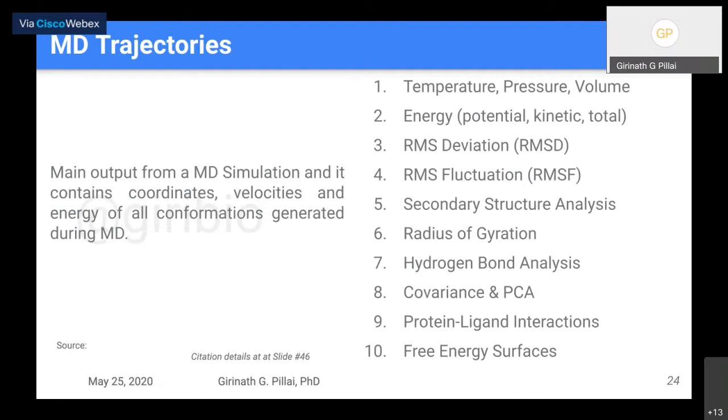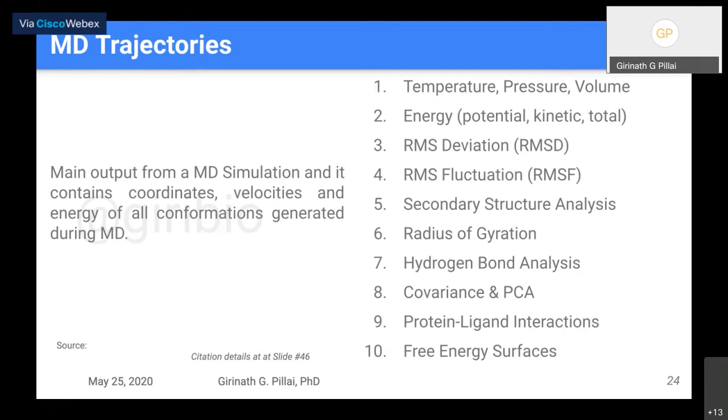Now, coming to the last part, what are these trajectories or data collection? The main output from an MD simulation contains coordinates, velocities, and energies, all the information that is generated during the molecular dynamics simulation. Now, what all do you get from there? Temperature, pressure, and volume, energies like potential, kinetic, and total, RMSD, that is root mean square deviation, as well as fluctuation, secondary structure analysis. I'll show you some examples. Then radius of gyration, hydrogen bond analysis, covariance and cluster analysis like principal component analysis, then protein ligand interaction